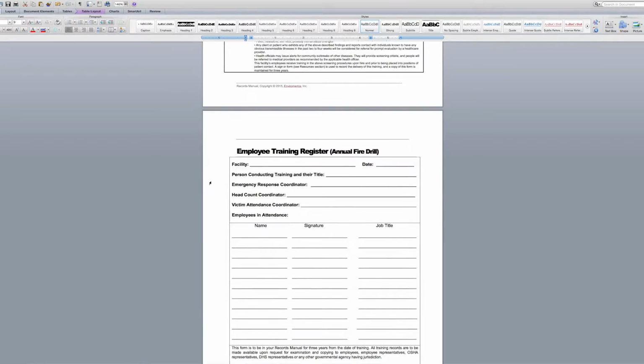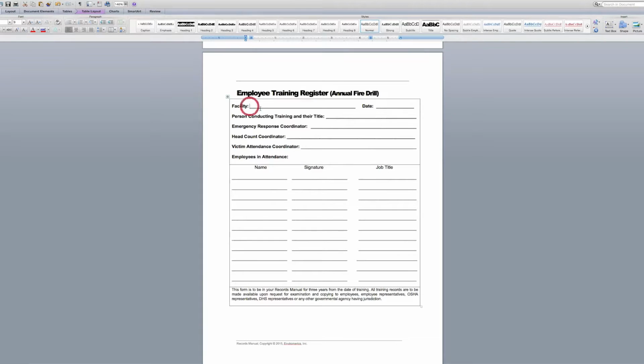Okay, the next form that we're going to be talking about is the Employee Training Register, again, for the annual fire drill. And this could be, again, done once a year. The best way to do this is to select a day and month. So the way you select the day and month, you say, I'm going to do our fire drill or emergency evacuation drill on the second Tuesday of every April, or the fourth Wednesday of every January, or the first Monday of every February. Doesn't matter. As long as you pick a first, second, third, or fourth day of that month,